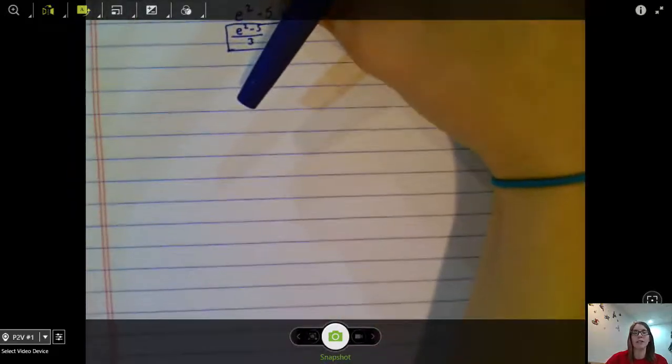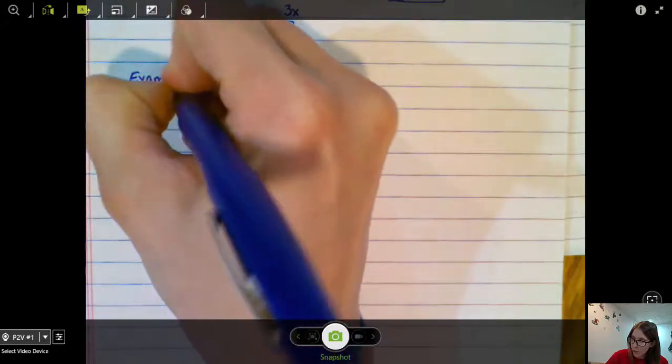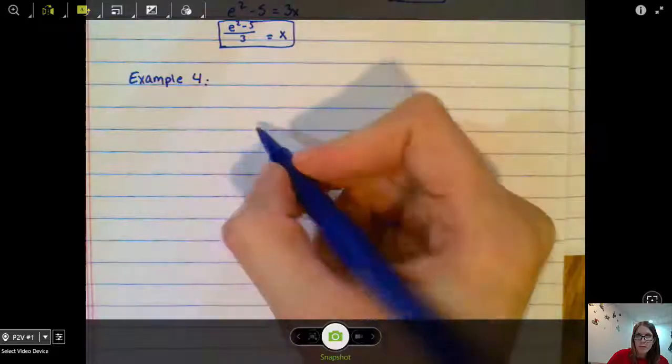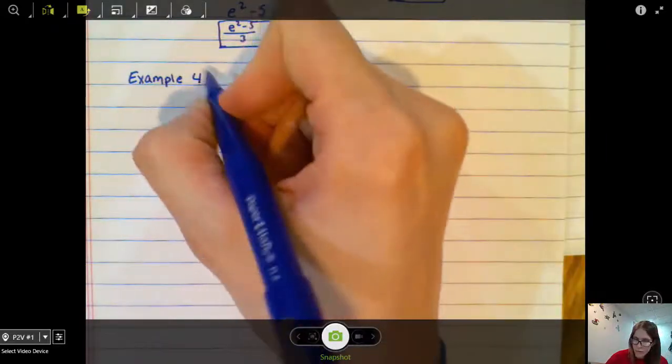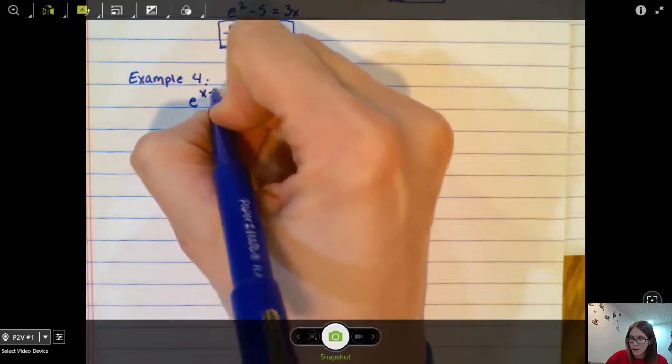Let's do some solving exponential equations that have an e in them as well. Keep going with section 7.6. Here's example 4. We're going to solve the equation e to the x minus 2 power